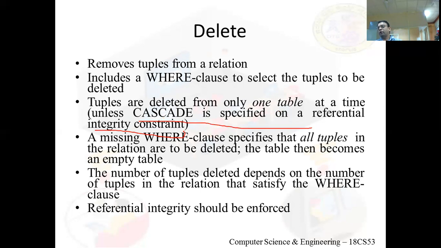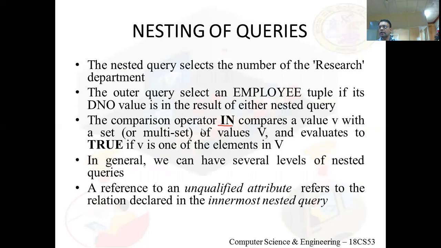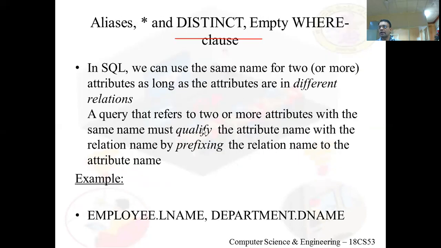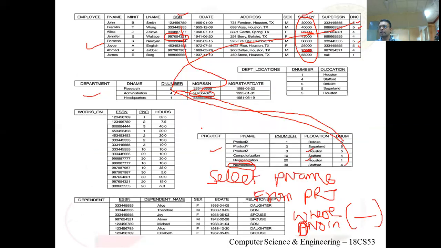So if I am trying to delete a department number in the department table, we have to specify the cascade option. That means in the employee table also that record needs to be deleted. For example, on delete set null and on delete cascade. If I'm deleting 5, automatically the referred values in the employee table should be set to null, or the entire data related to department number 5 needs to be deleted. On delete set null means this particular foreign key value will be set to null. On update cascade or on delete cascade means the entire record gets deleted.